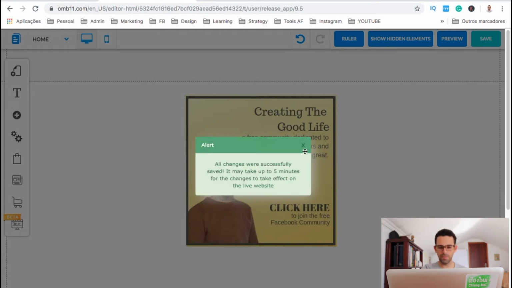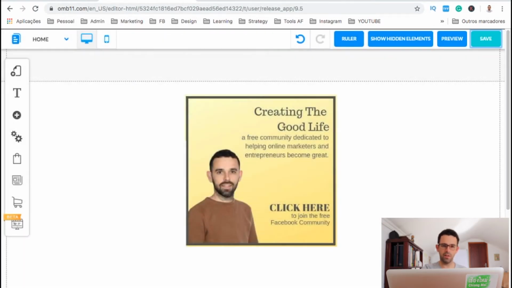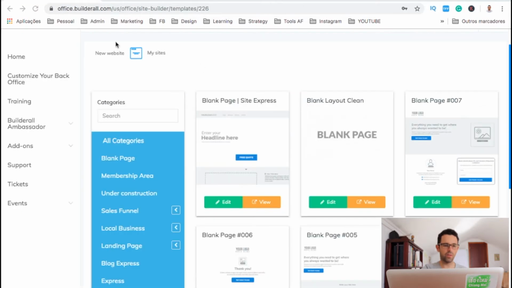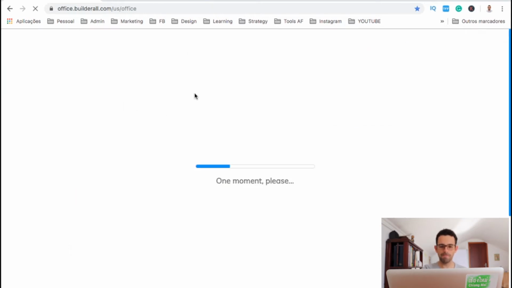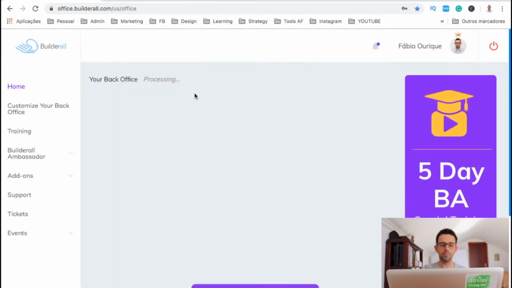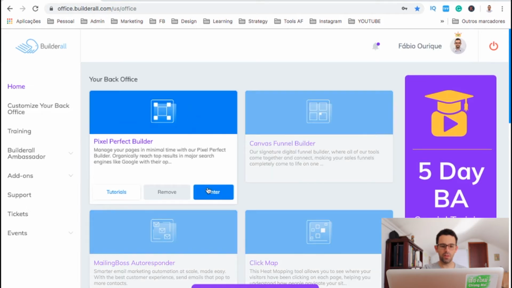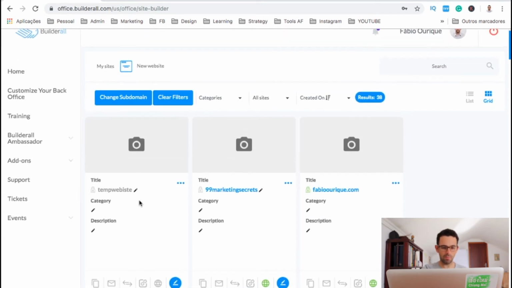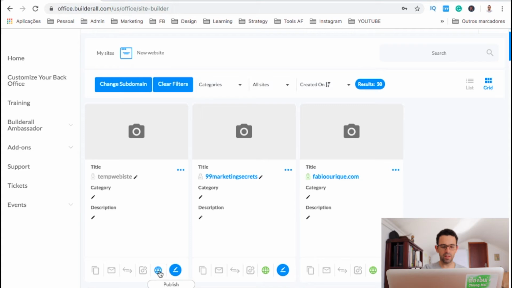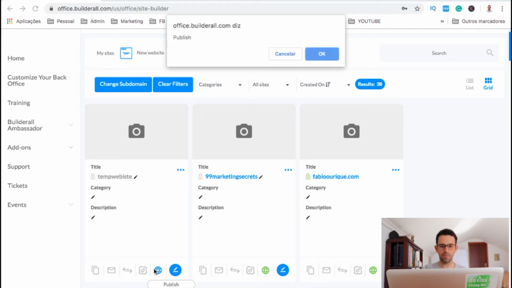Once I do this, I can leave the editor and go back here to my websites. So I would go back to home to list all the websites, the one that I've just created, and go to Pixel Perfect, enter. Alright, here is the website that we've just created from blank. What I want to do now is click here on the bottom, publish,